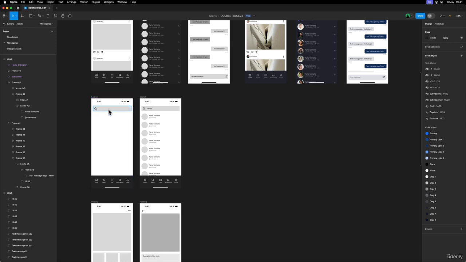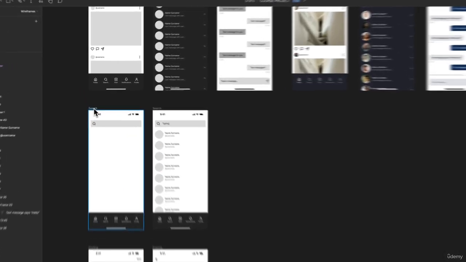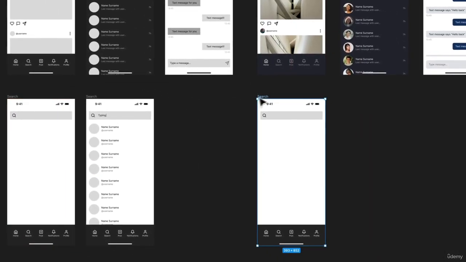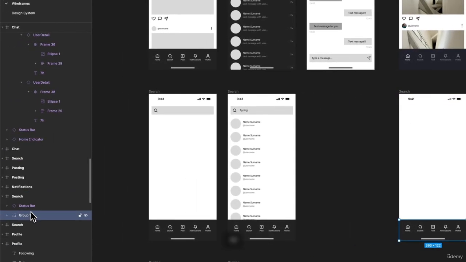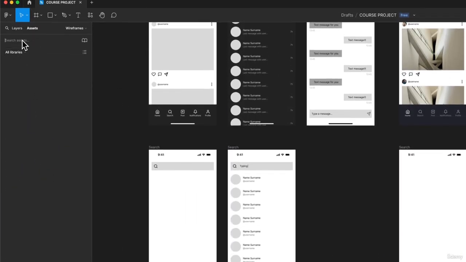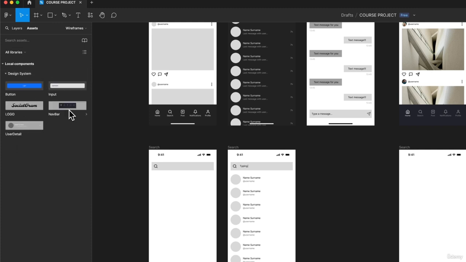So basically what we have is just the search input bar. On the bottom we have the navigation bar. On the next page we have the typing search, and we have the profiles down below. So we are going to duplicate the search, remove these elements, and we literally have the group on the bottom that we are going to change. It's going to be our navigation bar,